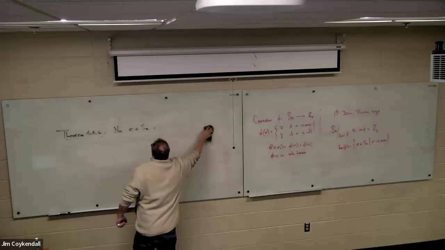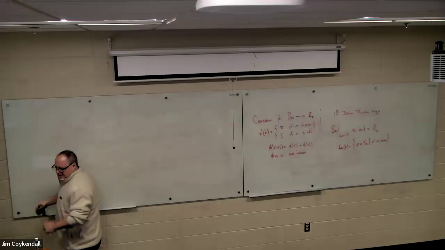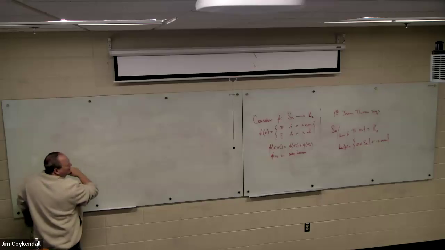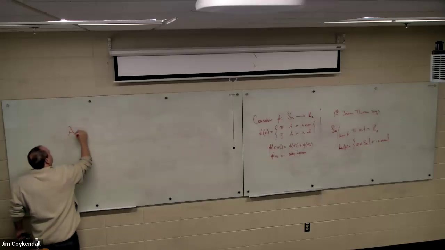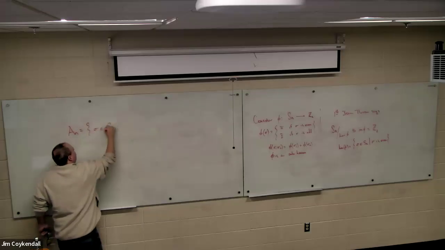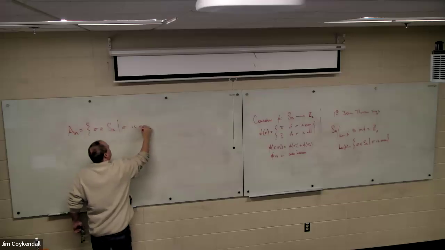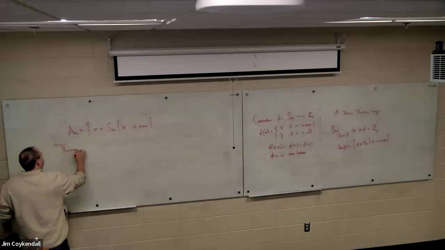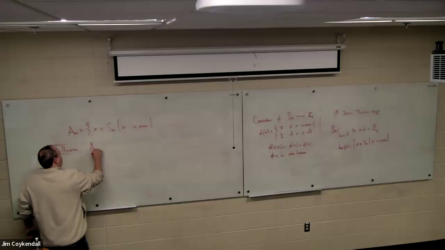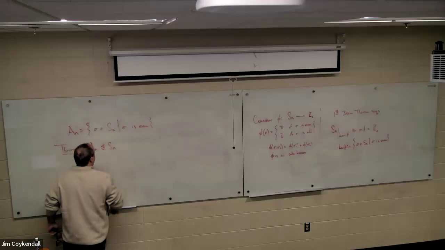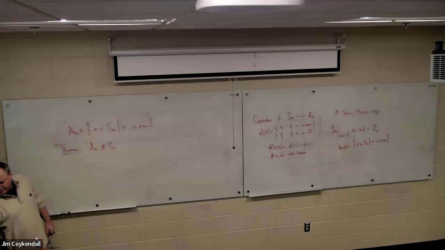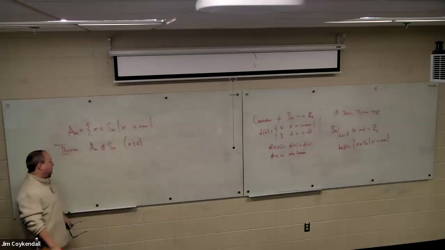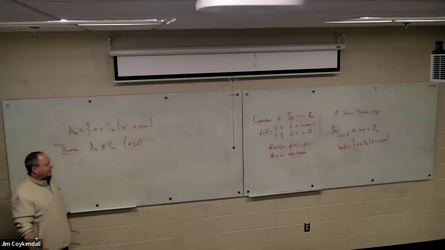So I'm going to put this in theorem form. An is the set of sigma in Sn such that sigma is even. Theorem: An is a normal subgroup of Sn. So not just a subgroup, it's a normal subgroup, for all n greater than or equal to 2. And additionally,